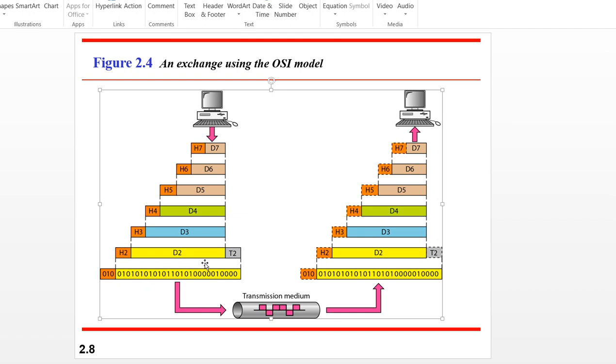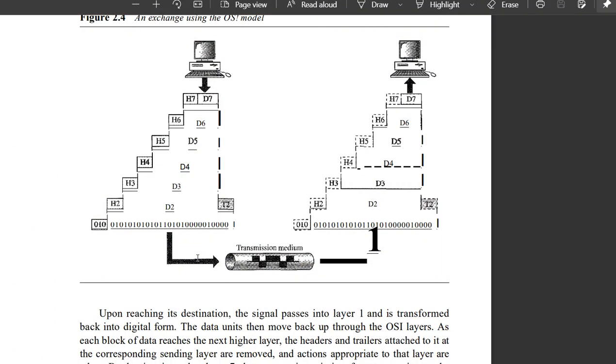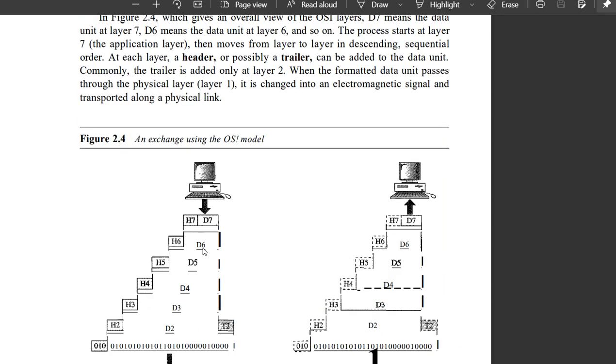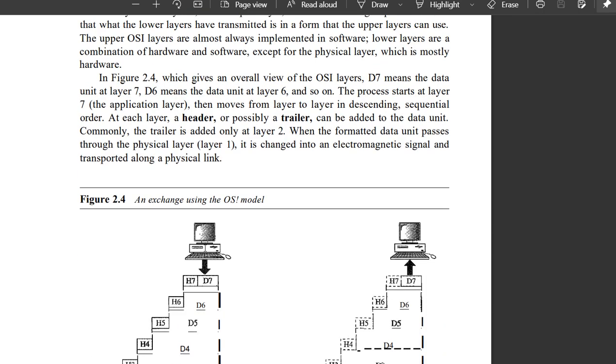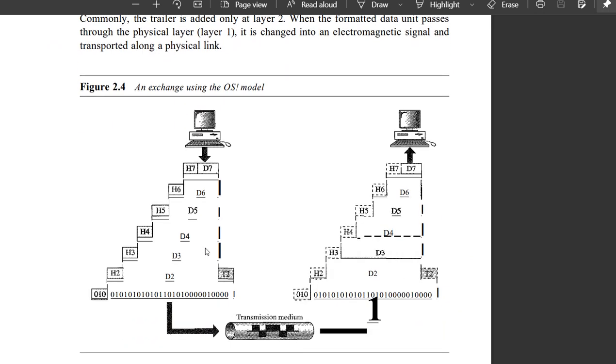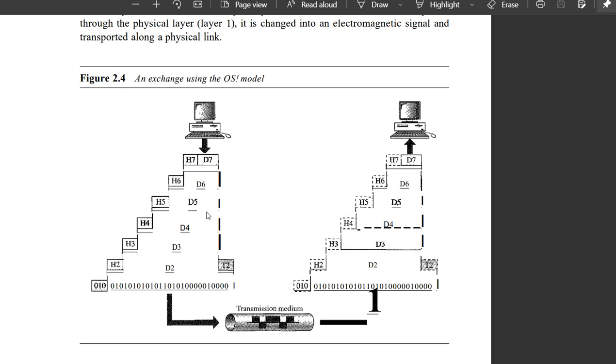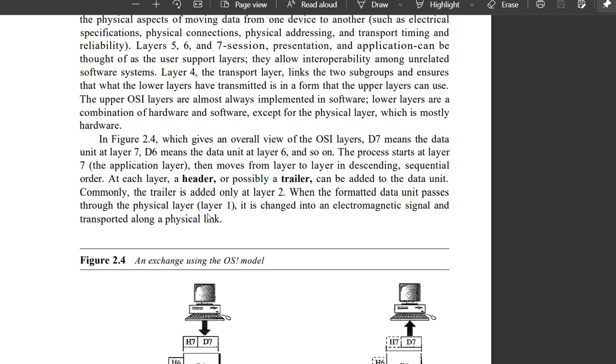Then what are H7 and D7, what H represents and what D represents, we need to understand. Here I have taken the same diagram. In the figure you can see D7, D6, D5, D4. D represents data, you remember this, and H represents header, or sometimes we can call it a trailer also.